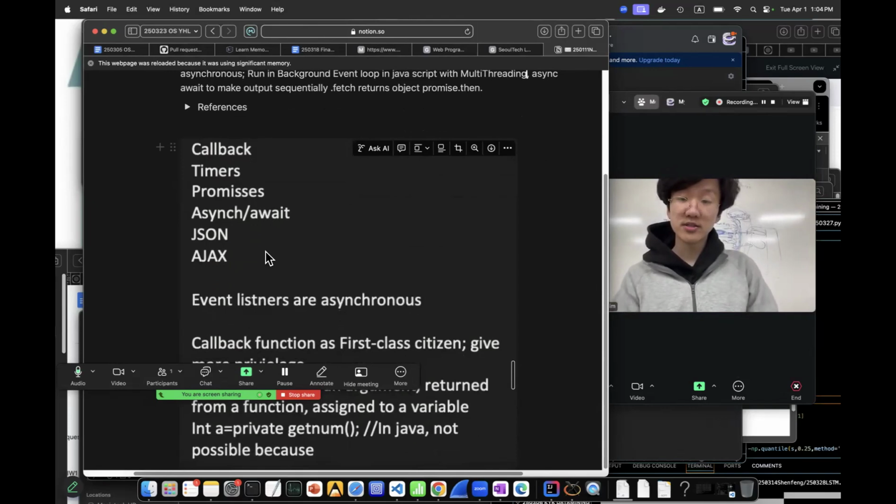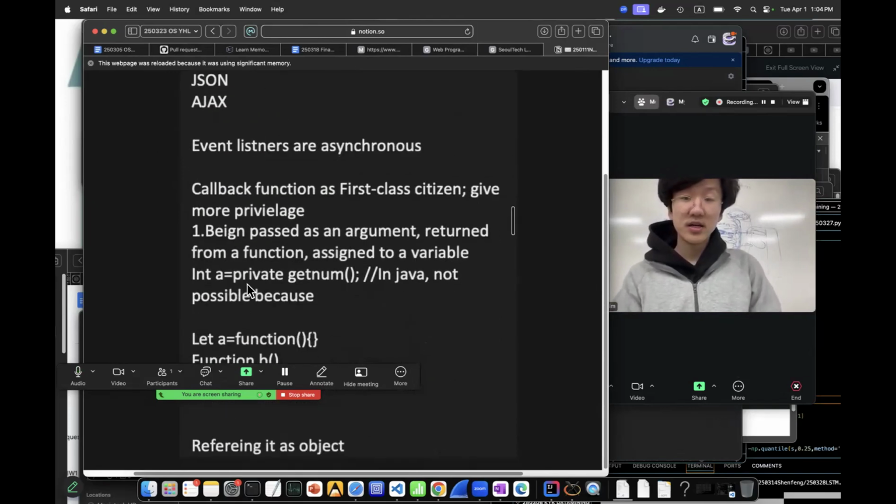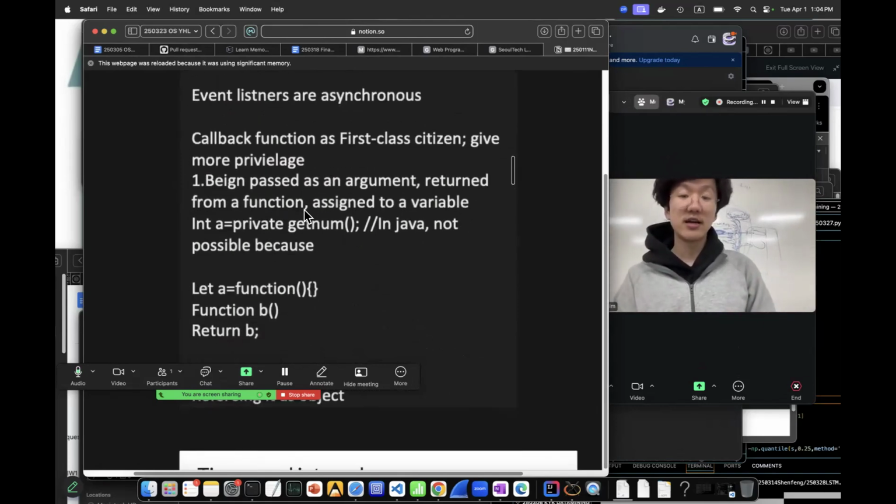An important concept: a callback function is a function as a first-class citizen, which means it is given more privilege. There are three conditions: being passed as an argument, being returned from a function, and being assigned to a variable.